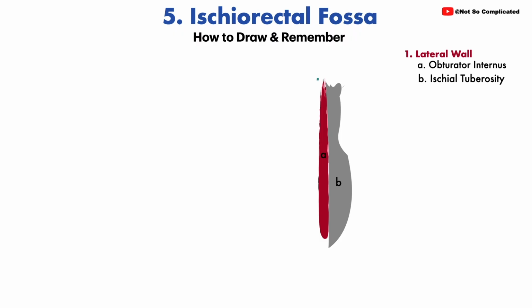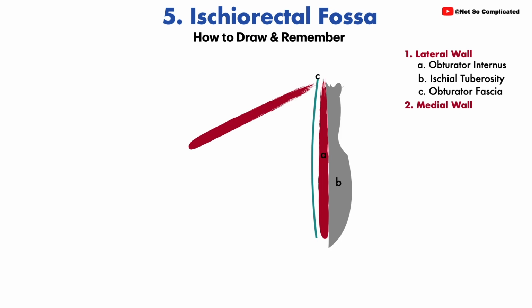So this is the ischial tuberosity, and the fascia covering this obturator internus muscle will be the obturator fascia. Obviously that is how we complete our lateral wall. And now let's talk about the medial wall. So this is the medial wall, and the muscle is the levator ani muscle, and there will be another